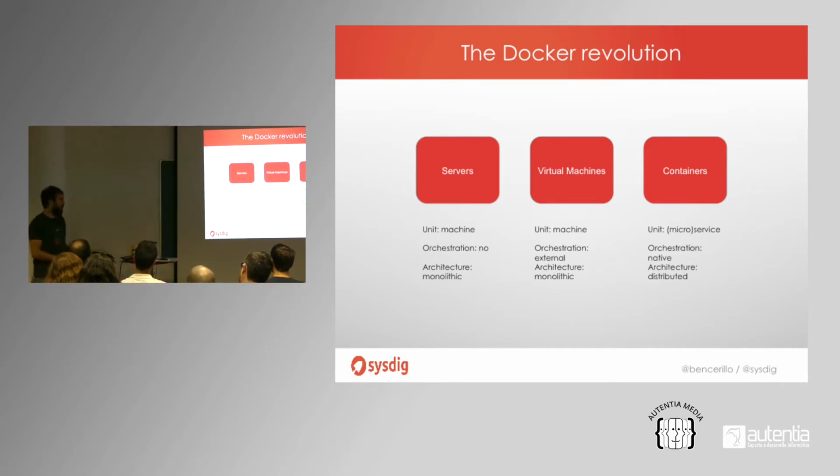Virtual machines came, they were awesome. We could consolidate more applications on the same hardware. Still, when we had to run a new application, we had to create a virtual machine, or if we were fully booked, we had to buy new hardware. We started to have some kind of orchestration attached to this new model, as people could template virtual machines. But still, how applications were being deployed didn't change much, because when we had to install a server or a database, whatever it was, everything ran in the same VM. That didn't change.